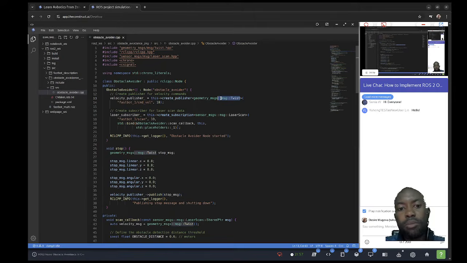But in this case, our publisher that we want here is a publisher that will enable our robot to move. So we have to specify that we want the twist message, which is the standardized way in ROS2 of sending commands that will trigger movement in the XYZ direction, or trigger rotations in those respective axes as well. Okay, so